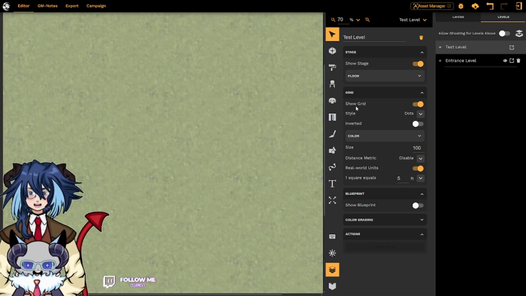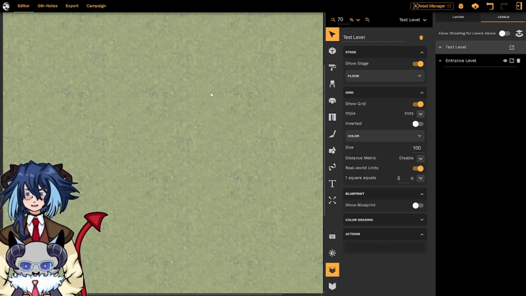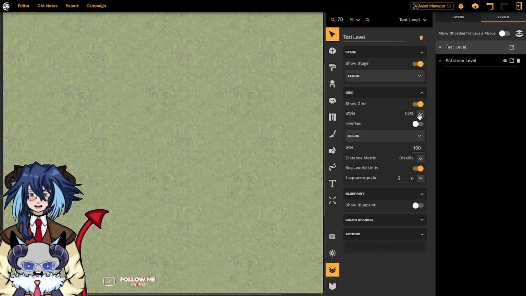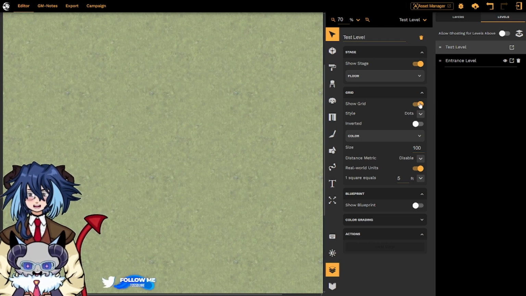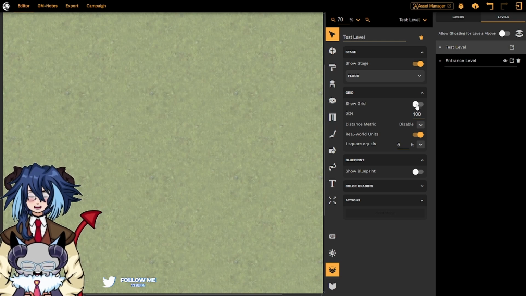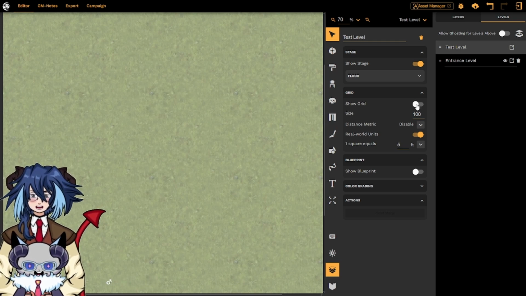Right, so pretty hard to see right now, but where my cursor is, you can see that there's a pair of dots right there. That is because the style of grid that we have is dots. If we wanted to hide the grid entirely, we could just click that button. Now the grid is gone, allowing us to place things a lot more freely and less structured